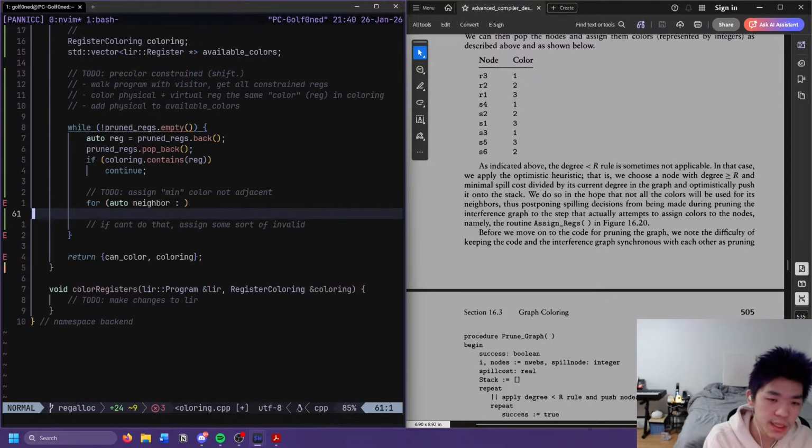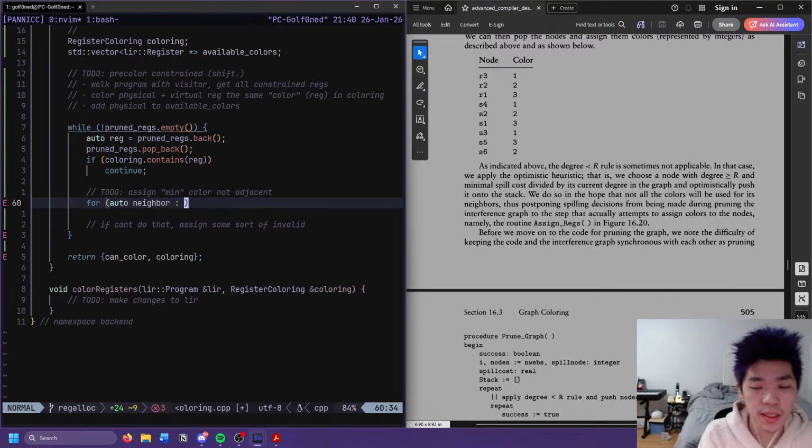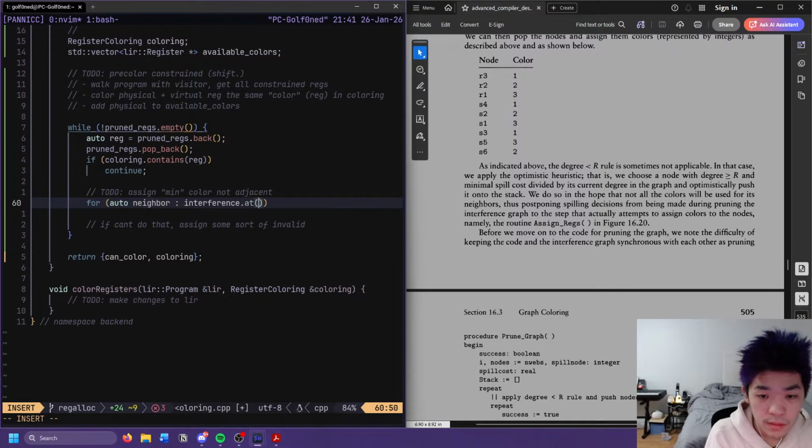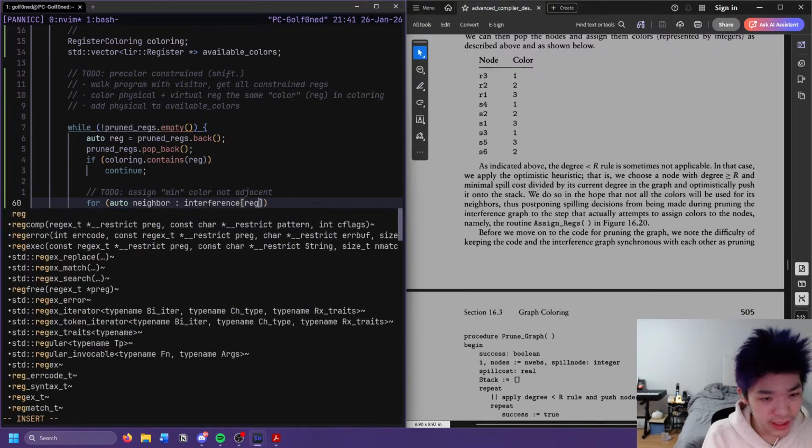Okay, let's start with this at least. So let's get all the colors of neighbors. So for each neighbor in interference, oh Jesus. So, I guess we could just use the bracket operator. I'm lazy. So interference at reg, I think.